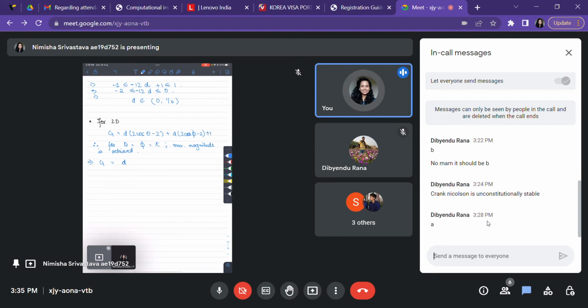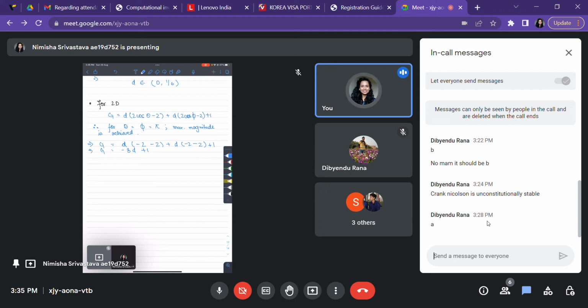G is equal to D into minus 2, sorry, minus 2, plus D into minus 2 plus 1. Okay, so then that means that basically what I need is minus 8D plus 1 into 1. Then